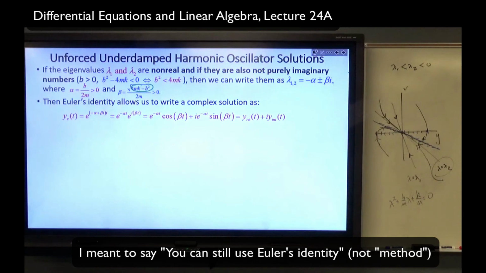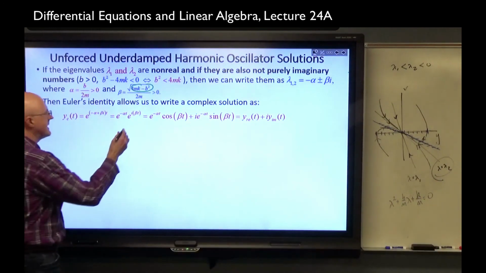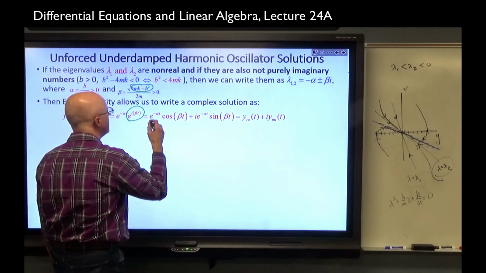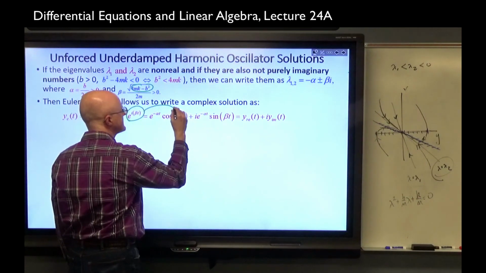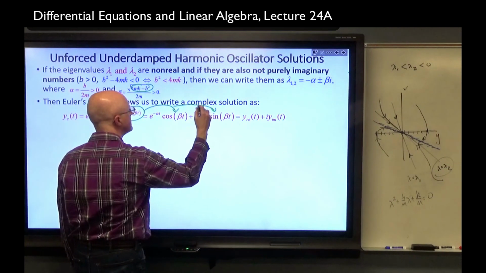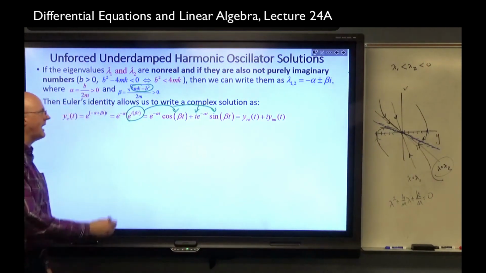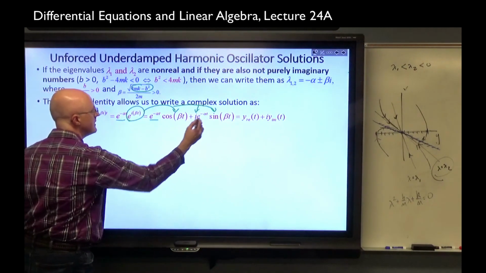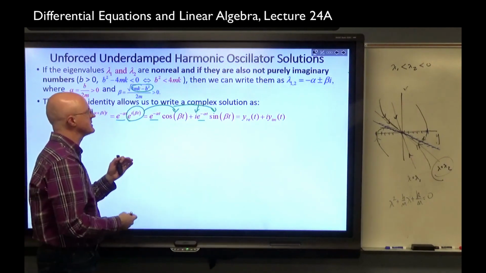But if we use properties of exponents and also use Euler's identity, which says that e to the i beta t is cos beta t plus i sine beta t,